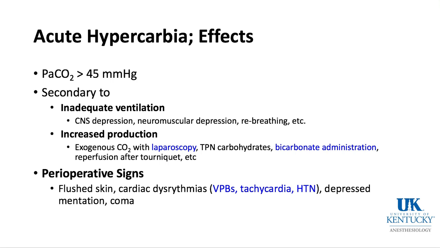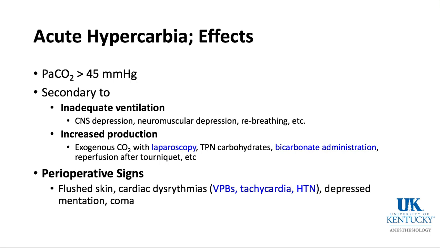Bicarbonate administration, giving an amp or two of bicarbonate, and CO2 will be produced from that, and then tidal CO2 will rise acutely. And when you release a tourniquet from an extremity after a period of time, watch the end tidal CO2 rise. Because metabolism occurs, CO2 is produced, the tourniquet's released, and it's released into the bloodstream, and acute hypercarbia ensues. The signs of acute hypercarbia include some perioperative signs like flushed skin, a rise in norepinephrine levels with